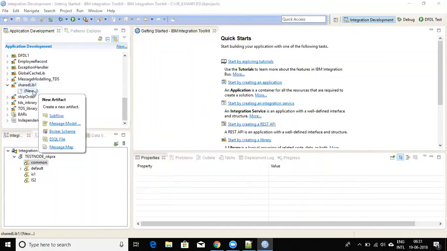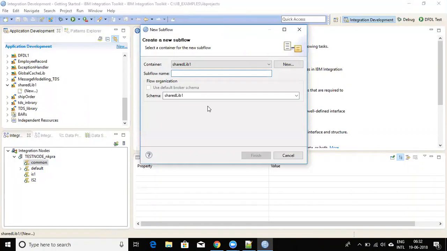So here in the library, we can include multiple things: subflow, message modeling, and ESQL files. When we want to use a library for common things, like any common coding such as ESQL files, we'll come to that later, and message modeling, like different kinds of message models, as I told, JSON, XML, all those things we can define here, and subflows. It's a common subflow. You just click the subflow